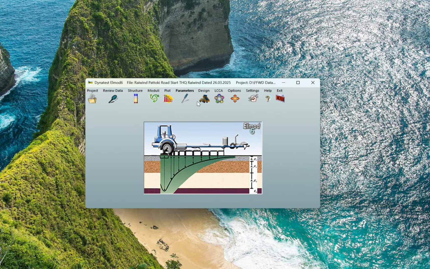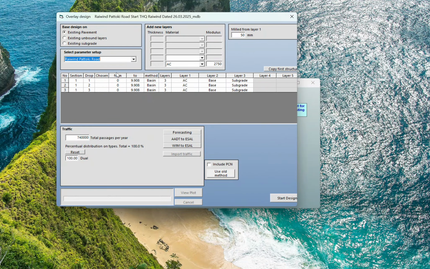Right. So next come the plots and the moduli. To calculate this, we click on the overlay design criteria. You see here it is, and we have asphalt cement. First, we have also milled the layer up to 50 centimeters. I can choose which drop I want to add for. I have chosen drop 3,